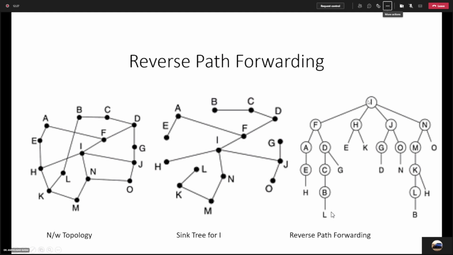It means that by focusing on an individual node like node I, you should provide the options: if node I wants to reach node H, or node B or L, what are the possible ways? You have to remember that all the duplicate paths should be eliminated, and after eliminating the duplicate paths, you can create the tree, and this tree is required for reverse path forwarding.